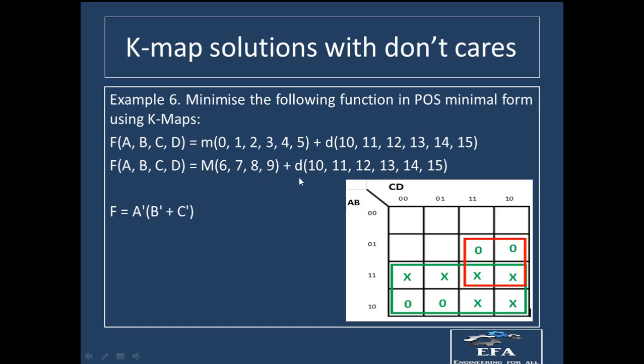Now how can we solve this? We are having 15 as the biggest number, therefore we need 16 cells. So the K-map will be made with 16 cells, and we will put all the values from this bracket equal to 0. We are having 6, 7, 8, and 9, so we will put 6 and 7 as 0 and 0, and 8 and 9 as 0 and 0. Rest of these don't cares will be taken as crosses, right? So this will be cross, cross, cross, cross, and here also cross and cross, right?